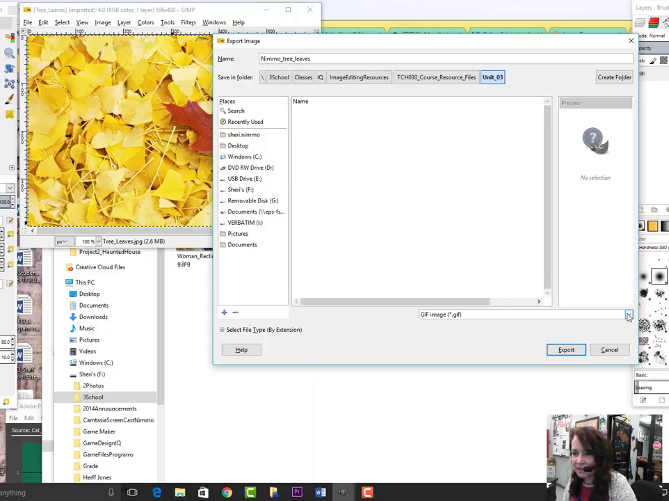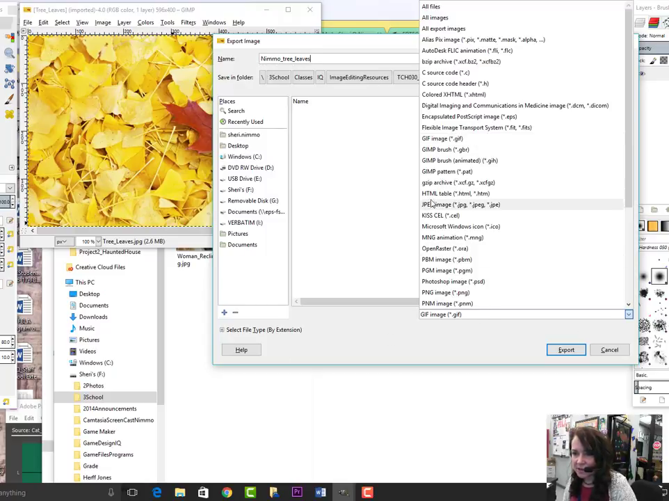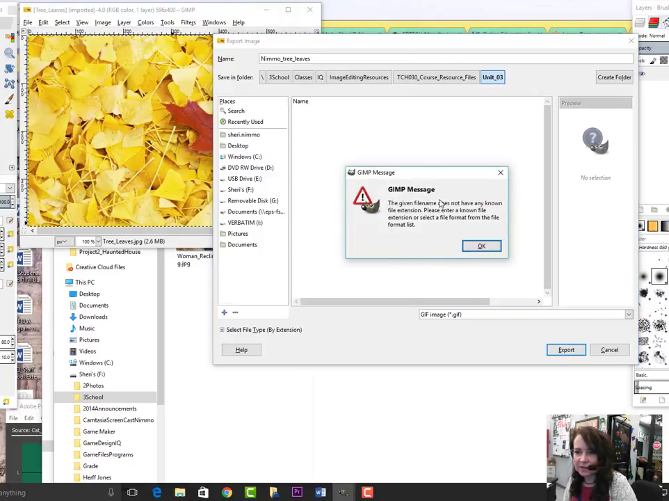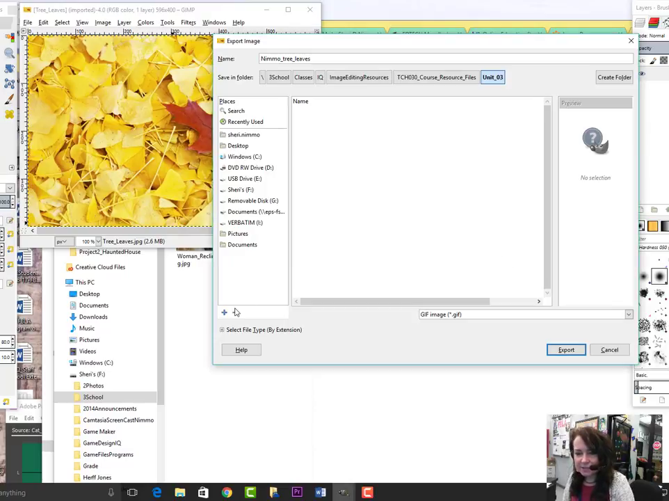Although I selected GIMP over here as an option, when I went to save this, to export it, it said this given file name does not have any known file extension. This is a little different. I haven't seen this before. What I noticed, when I went in here to figure out how to make this work, is if I click on that little plus